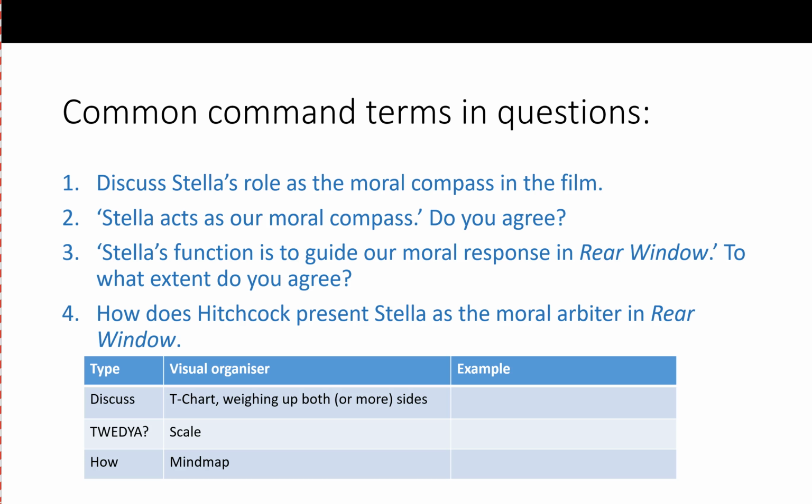So your topic sentences have to look at the construction of meaning. Otherwise, it's an irrelevant response. Even if you go and talk about Stella as the moral arbiter and you present some interesting arguments, you've got to get to the instruction in the question. Does that make sense? Yeah. If you don't, the assessor will deem it irrelevant. And you can write an essay on Stella without actually winning many marks because you haven't answered the question.